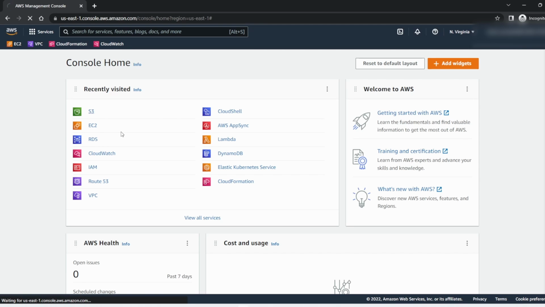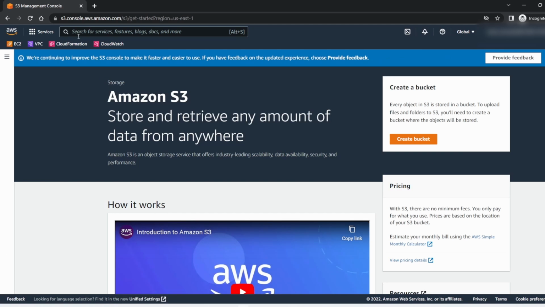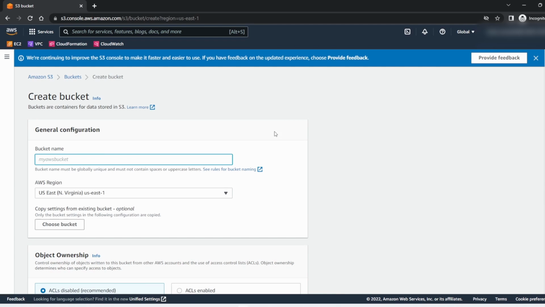So first, you need to create an S3 bucket in Amazon. Select S3, or you can search in the top box. Then here you can see Create bucket. Go ahead, click create bucket and give the name. Since S3 uses a global namespace, you need to give a unique name for your S3 bucket. I'll try to give my bucket